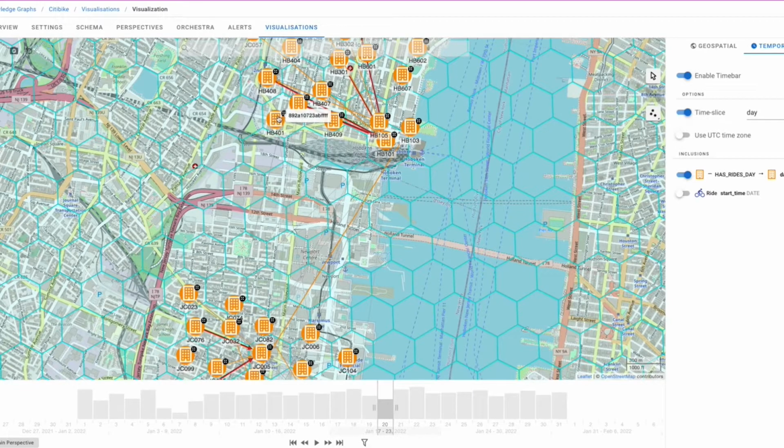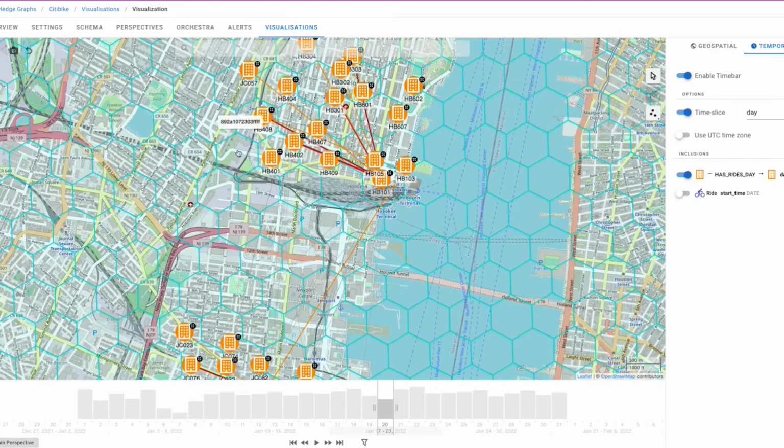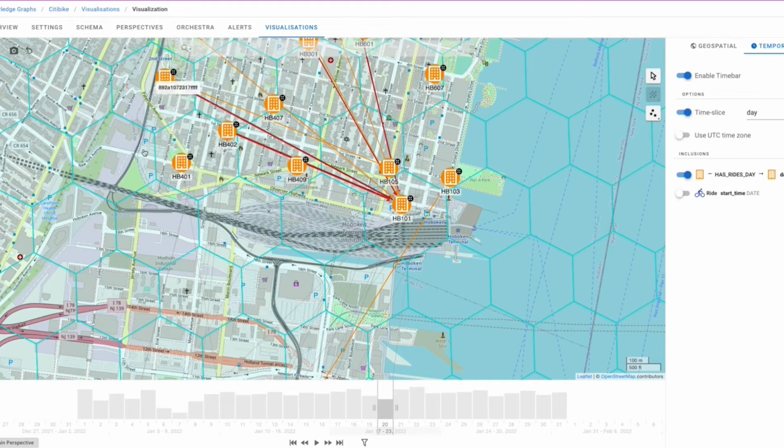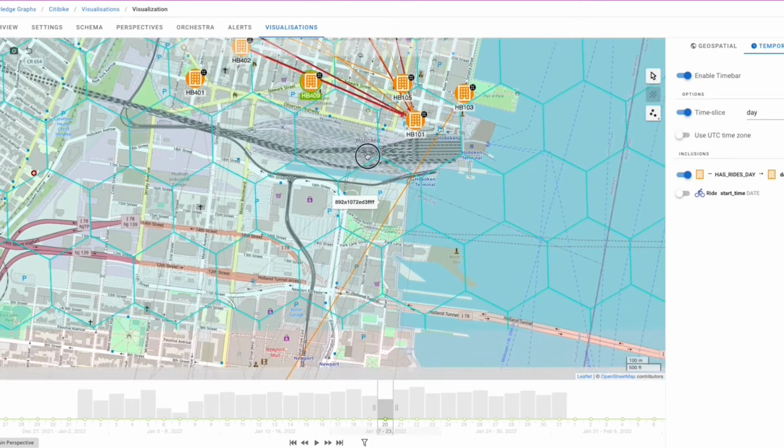A little bit also to the 401. So we want to also take those into account because it's obvious some people are also moving up into kind of the west side of Hoboken. So in this case, I want to pick kind of a happy medium. I know I can't necessarily build a route directly to HB 101 because there's this nice train yard and part of the Hudson in the way, but I also want to make sure that I'm also directing some traffic towards 401. So I'm going to kind of pick something in the middle, which is this 409 station,